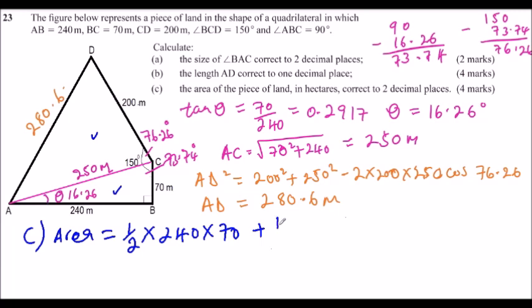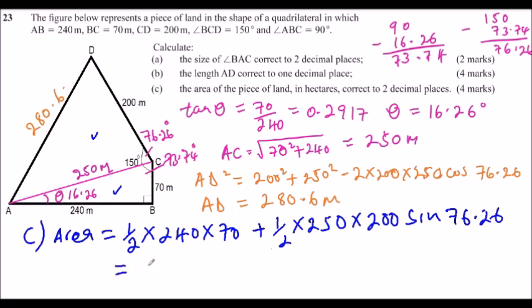So we say it is a half, you multiply by one side, which is 250, then the other side, which is 200, times the sine of 76.26. That is the angle. So this is the other formula for finding the area of a triangle. So this will give you 8,400, and when you compute using your calculator, the other one you get is 24,